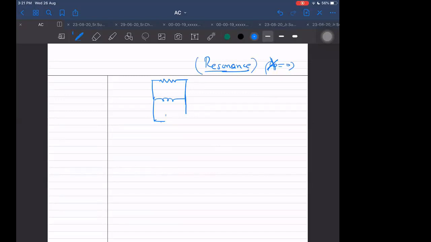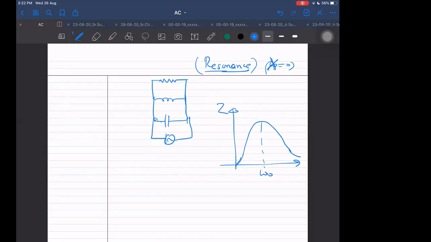But if I do this for a parallel RLC circuit, we also get the same resonance frequency. But then something different happens in this case. In this case, Z becomes maximum during resonance, and I becomes minimum during resonance. So don't remember that I has to be maximum during resonance. I discussed so much about the quality factor before by taking that I becomes maximum during resonance, but not always will I be maximum during resonance. I can be minimum during resonance if the circuit is a parallel RLC circuit.